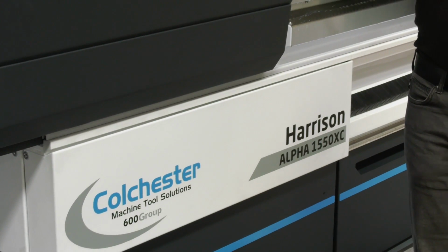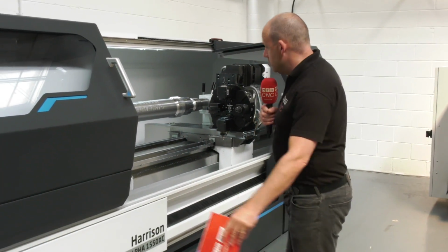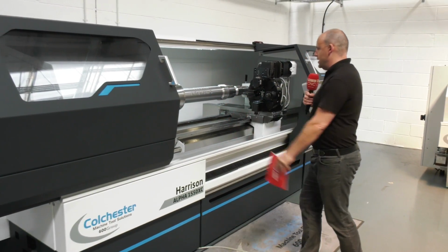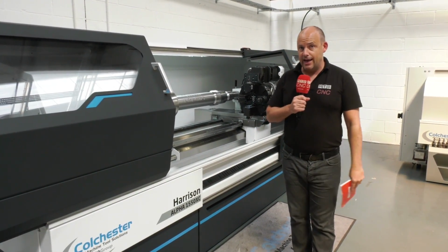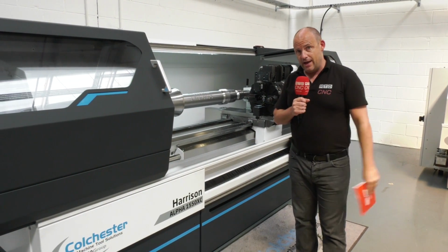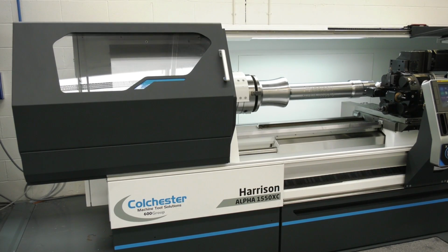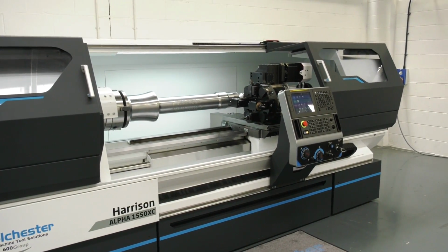Colchester Machine Tool Solutions, they supply the range of Harrison lathes. If you make parts, components similar to what you see here on this machine, then you can come here to see this machine in action, or in fact, if you're really interested, you can buy it because it's available here from stock. You've got 2 meters between centers on this machine, you've got a 550mm swing, and you've got this